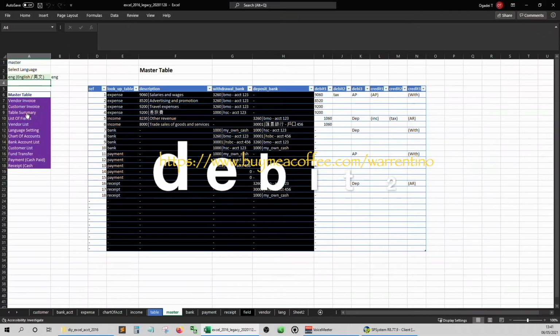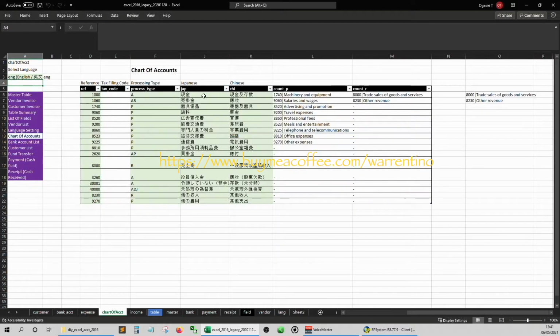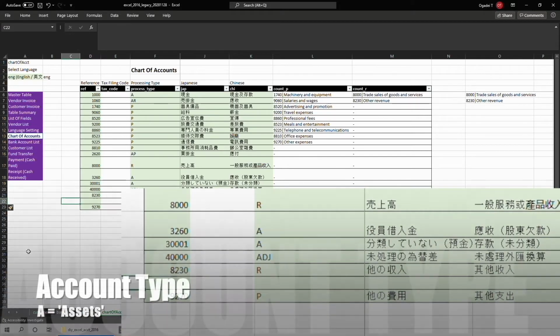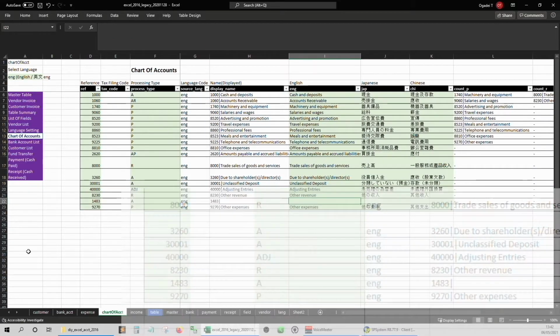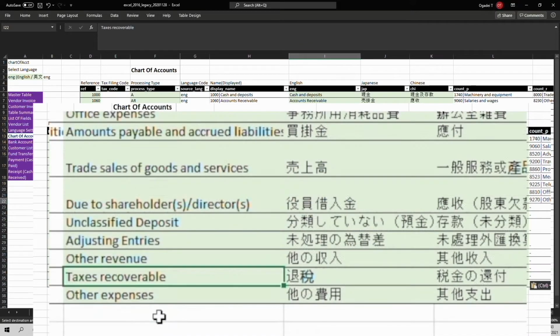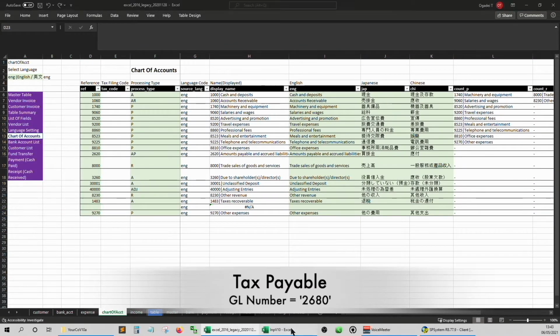Before we work on the debit 2 and credit 2 position, we need to add the two tax accounts to the chart of accounts. They are 1483 tax recoverable and 2680 tax payable.